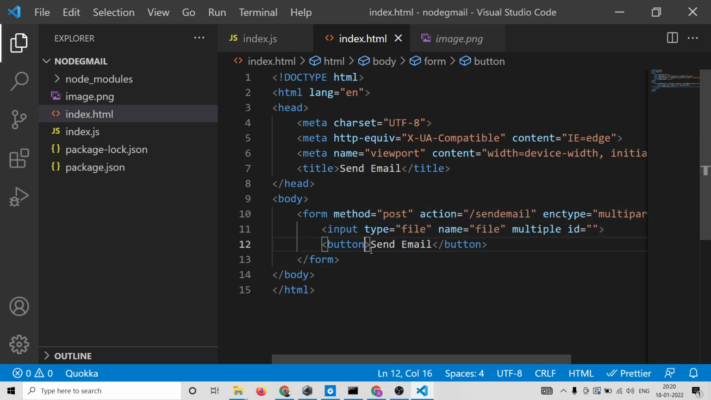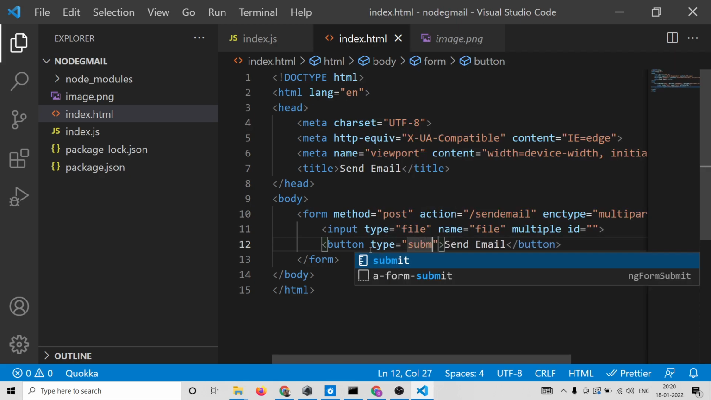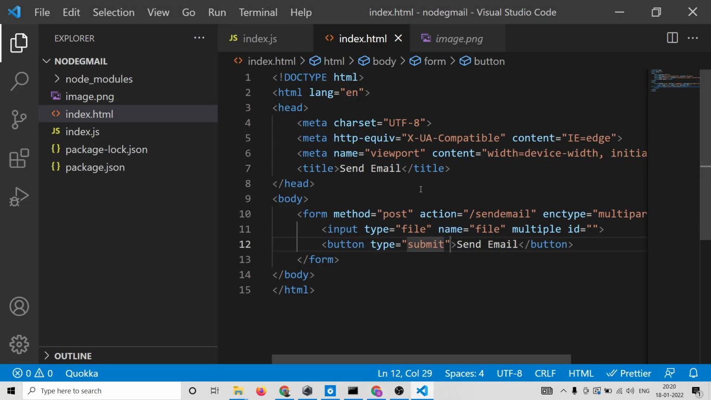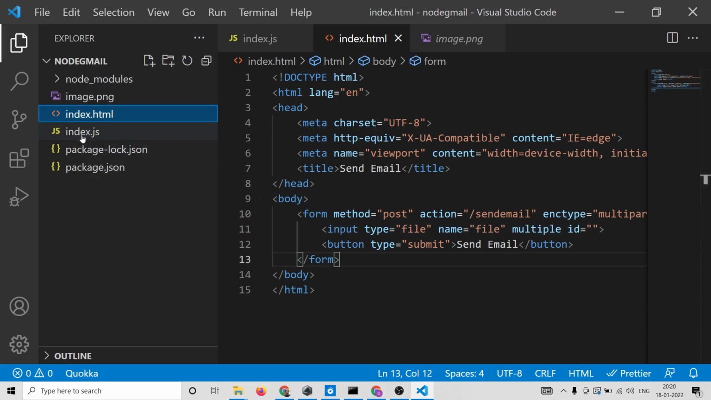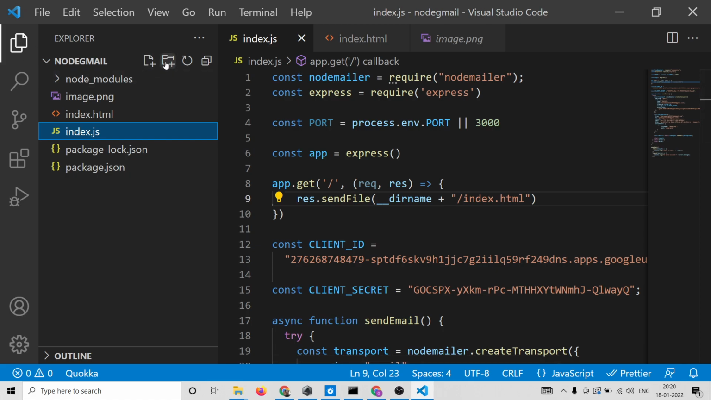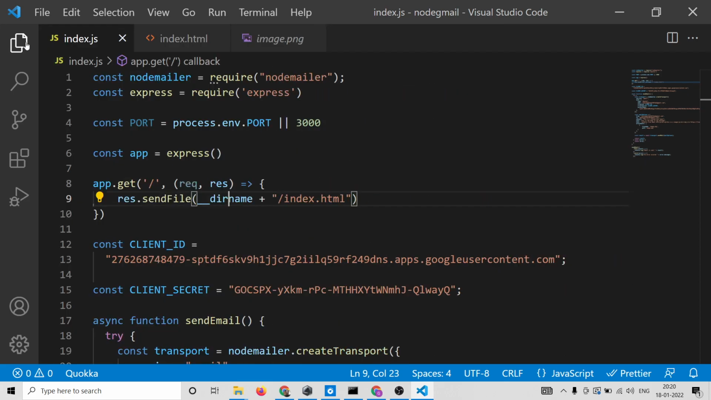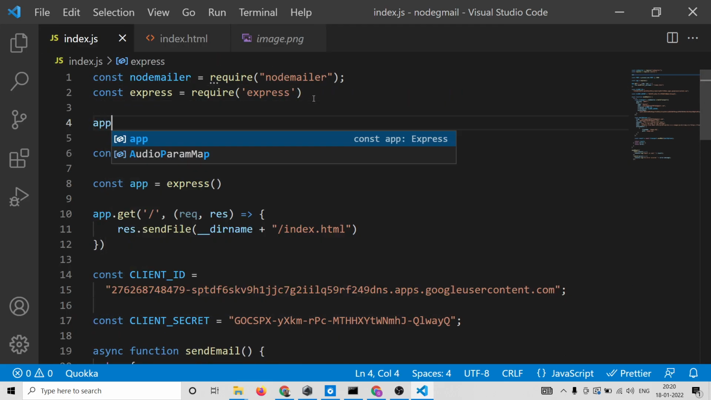I think this is all that you will need inside your HTML. Button type submit, because we know the address from which we will be sending out email addresses, that will be static, but we can send out email addresses, oh sorry, files from this form as well. So for storing the files, we can define a public. Inside public we can have uploads folder,